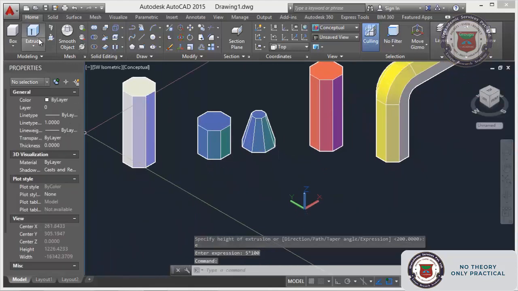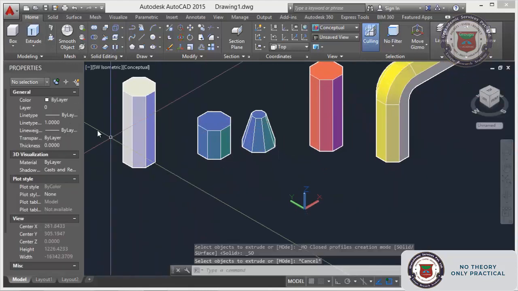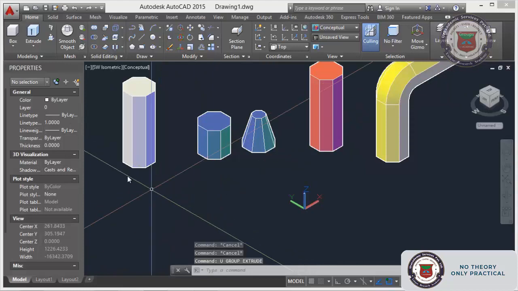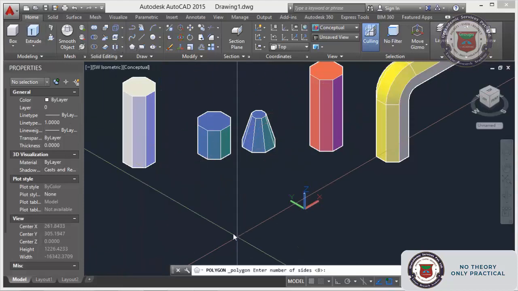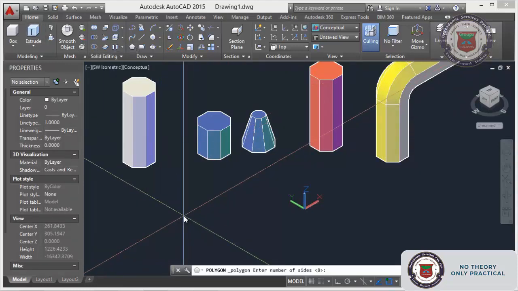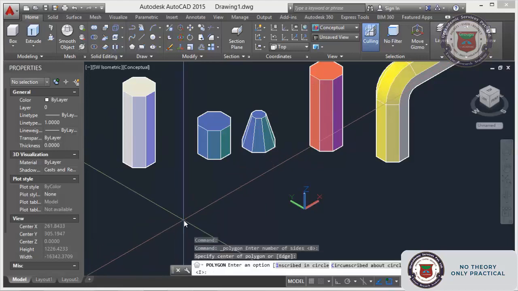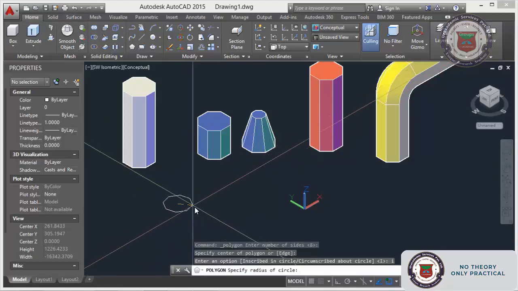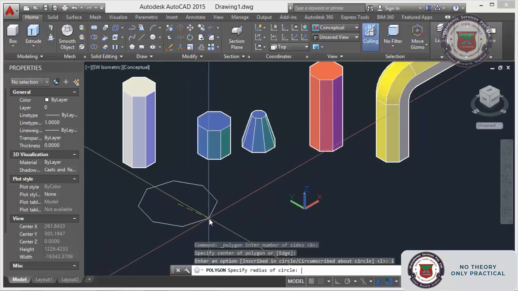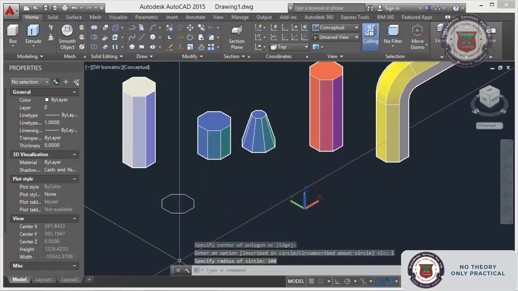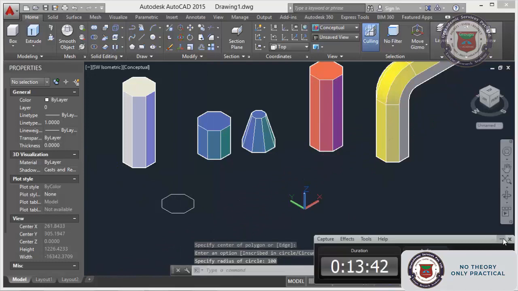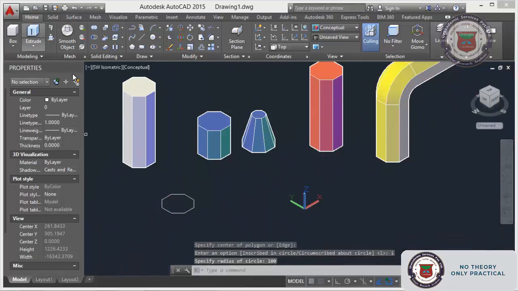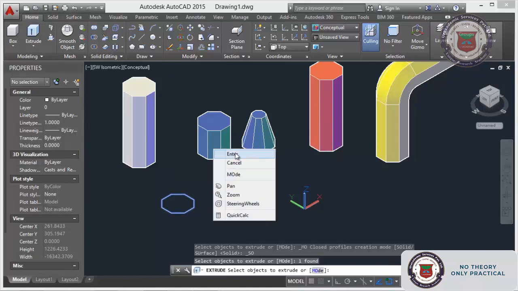Normally, if you give it directly, just see: polygon, enter, 8, enter, center, yes, inscribe, yes, 100. Now you give extrude, yes, enter.